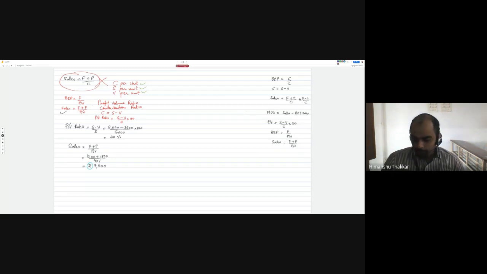So we go with the basic formula itself. You need to remember one thing, that if you use the C formula, you will get the answer of BEP in units. So if they ask you to find BEP in rupees, then after getting the answer in units, you multiply it by the selling price per unit to get the BEP in terms of rupees. You need to remember certain things when you solve these examples. Understood? So you tell me what is the BEP, units and rupees.